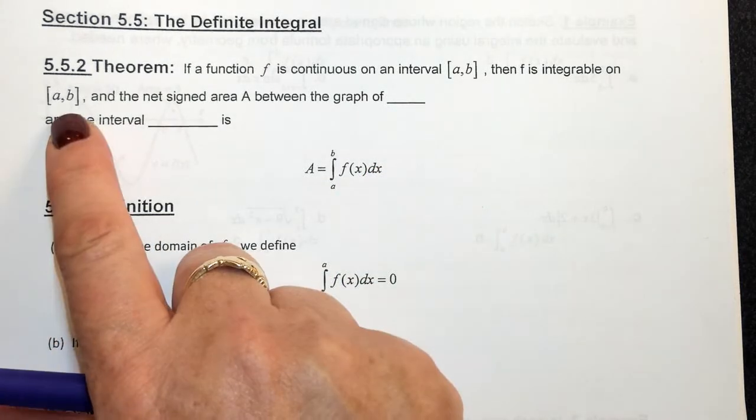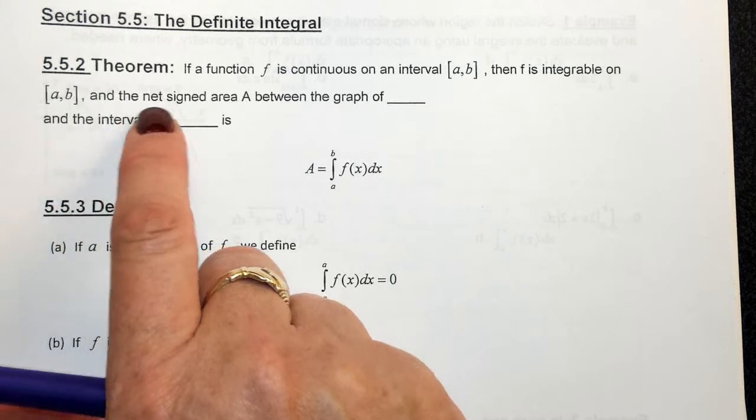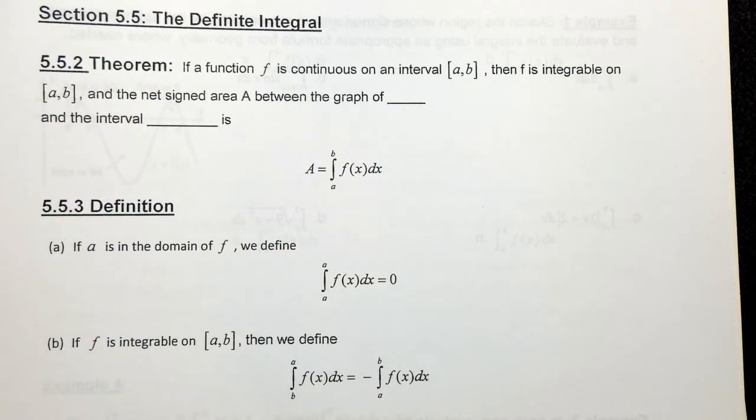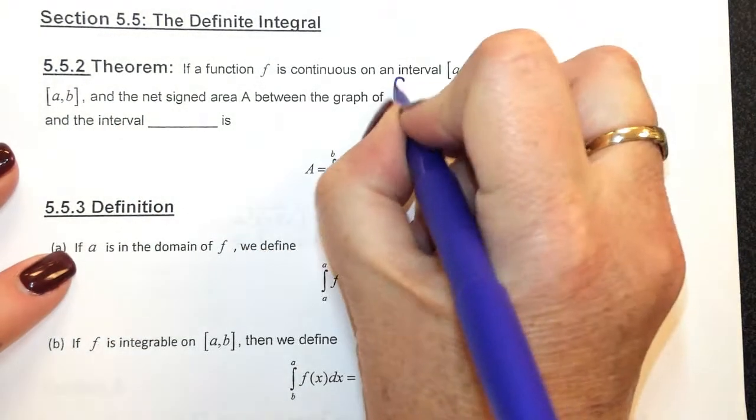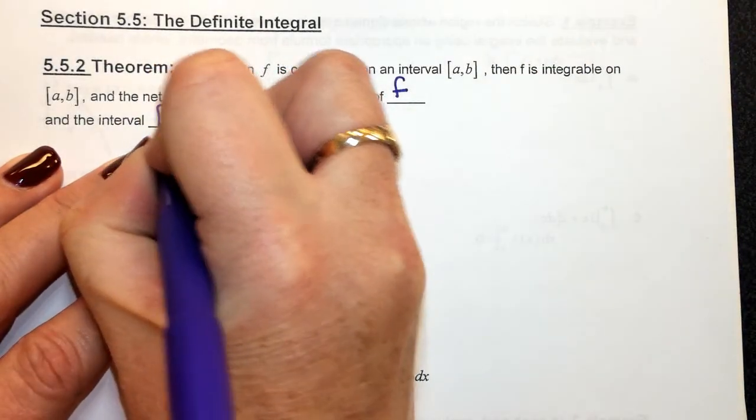on that particular interval. And the net signed area between the graph of f and the interval a to b